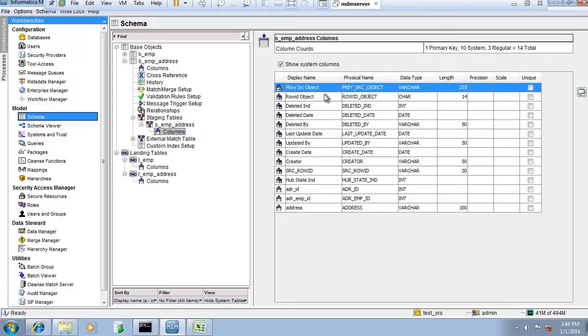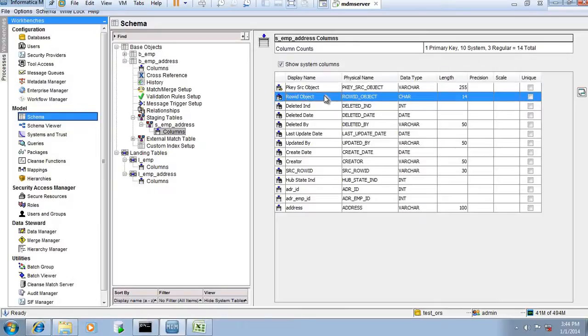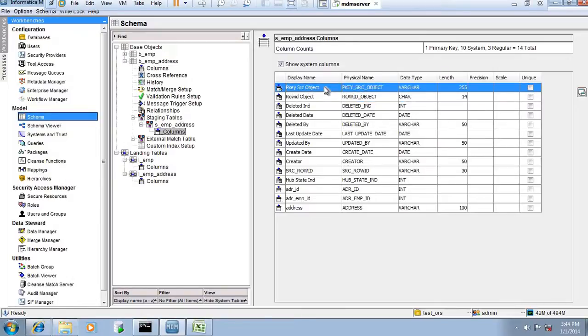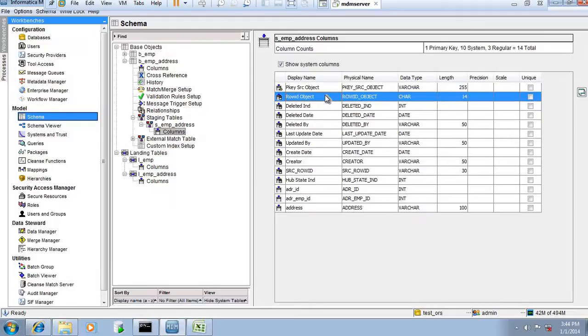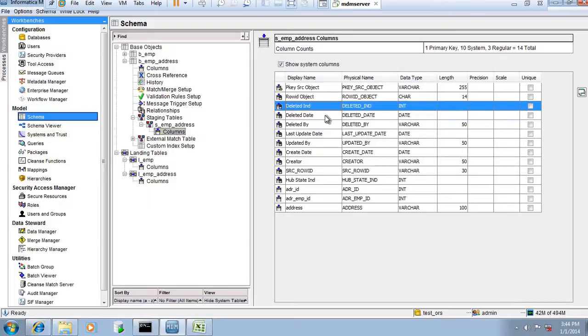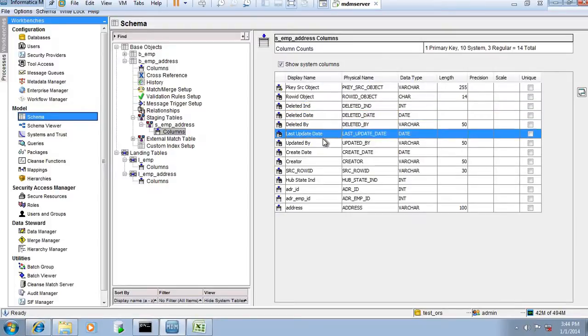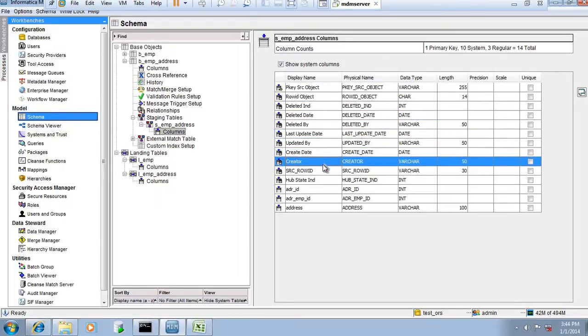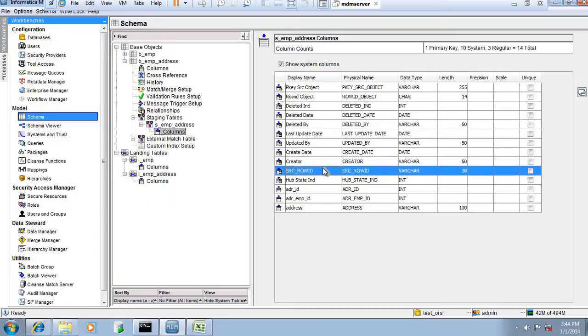In some cases, when we develop our stage job, we make PKEY_SRC_OBJECT the primary key, or in some cases we can make ROWID_OBJECT the primary key and go ahead. Then we have delete indicator, deleted date, deleted by, last updated date, updated by, created date, created by, and source ROWID. Same as before: if you define the source system in System and Trust, then for that source system we get a source row ID, and it is populated here.